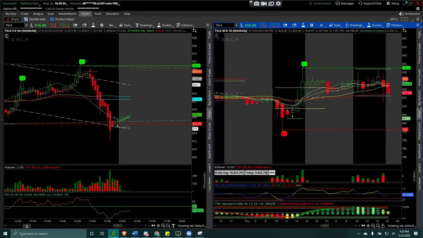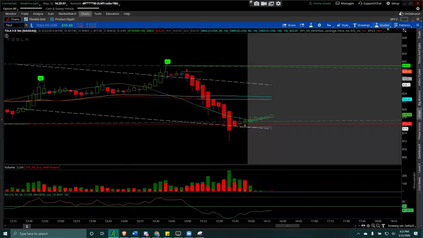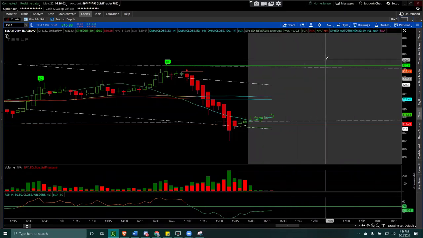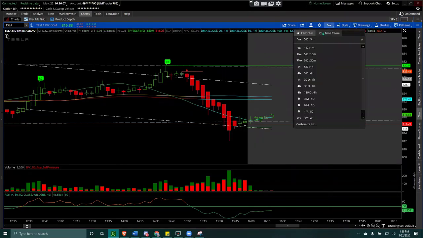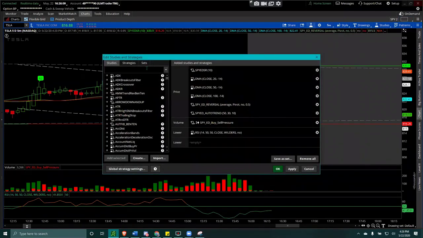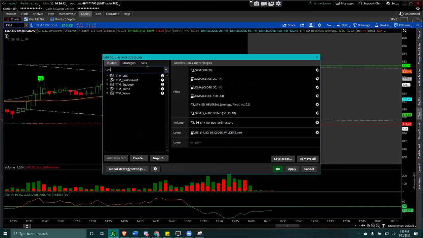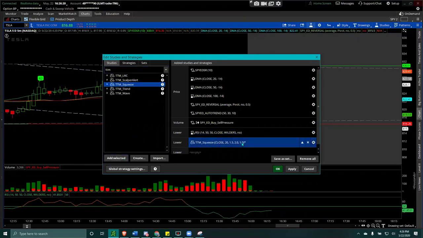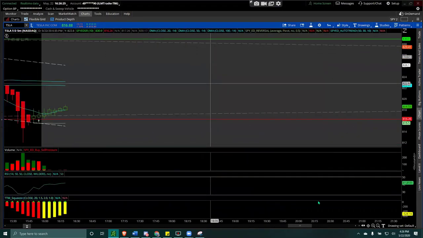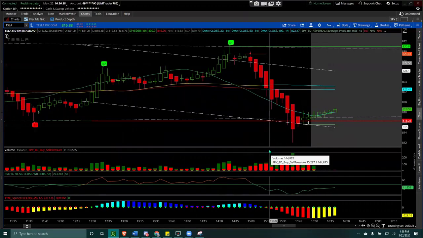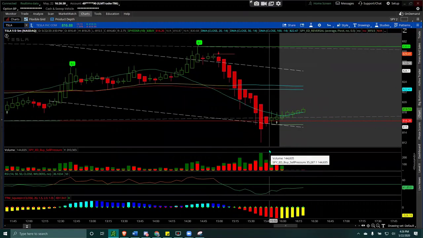So I'll show you guys how to set this up and save it. So this is, let's say, 5 minutes, right? And you have that. So I'll add one more indicator, which I find pretty useful. It takes time to understand how the TTM Squeeze works. So you should have it on your system. It's automatically called TTM Squeeze. You could set that up on the lower. It automatically shows up on the lower one. And then you hit apply. And oftentimes, I change the colors. I see how it is. So what does the squeeze do, right?